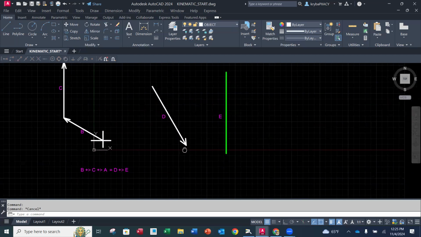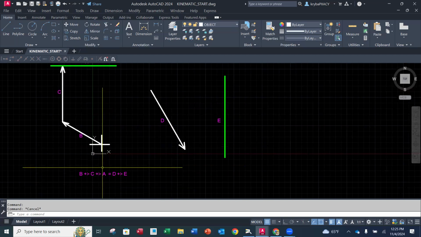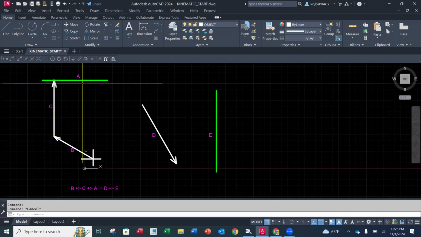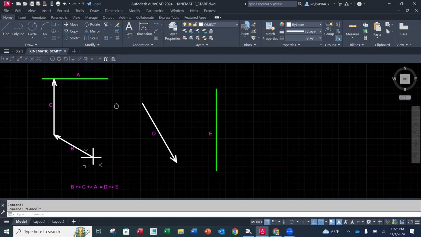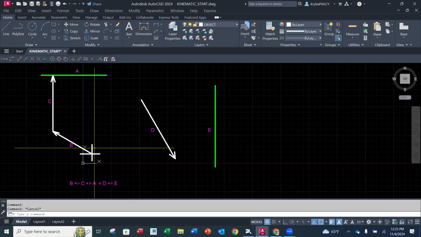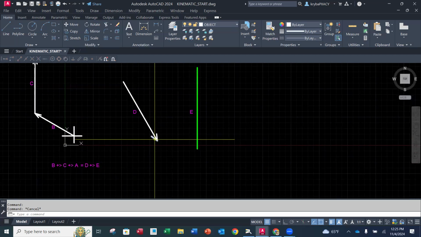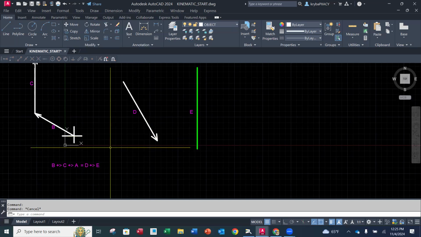All right. Now what we're going to do is we have everything done that we can do on the left-hand side of our equation. So we have B plus C, and then A is on the tip of C. Okay, that's all we can do. We don't know how long or where that's pointing. So now we're going to cross the equal sign. So that means we go back to our origin. Remember, the origin represents the equal sign. So if I cross the equal sign, that means I'm going to be starting my vector D at the origin